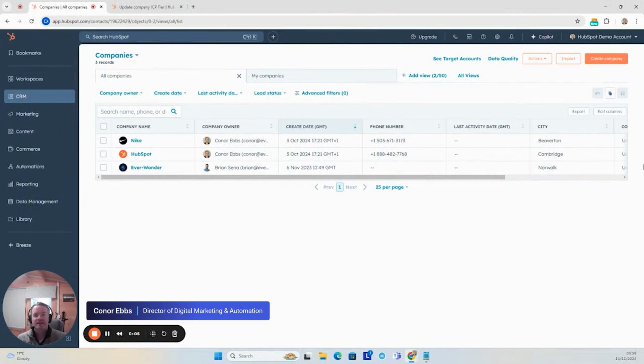Today we're going to look at the ABM, or account-based marketing, tools that exist in HubSpot. Account-based marketing is a marketing approach that focuses on engaging specific high-value accounts or companies rather than casting a much wider net to a broader audience. You need to tailor your marketing efforts in account-based marketing for the key accounts that have the greatest potential for